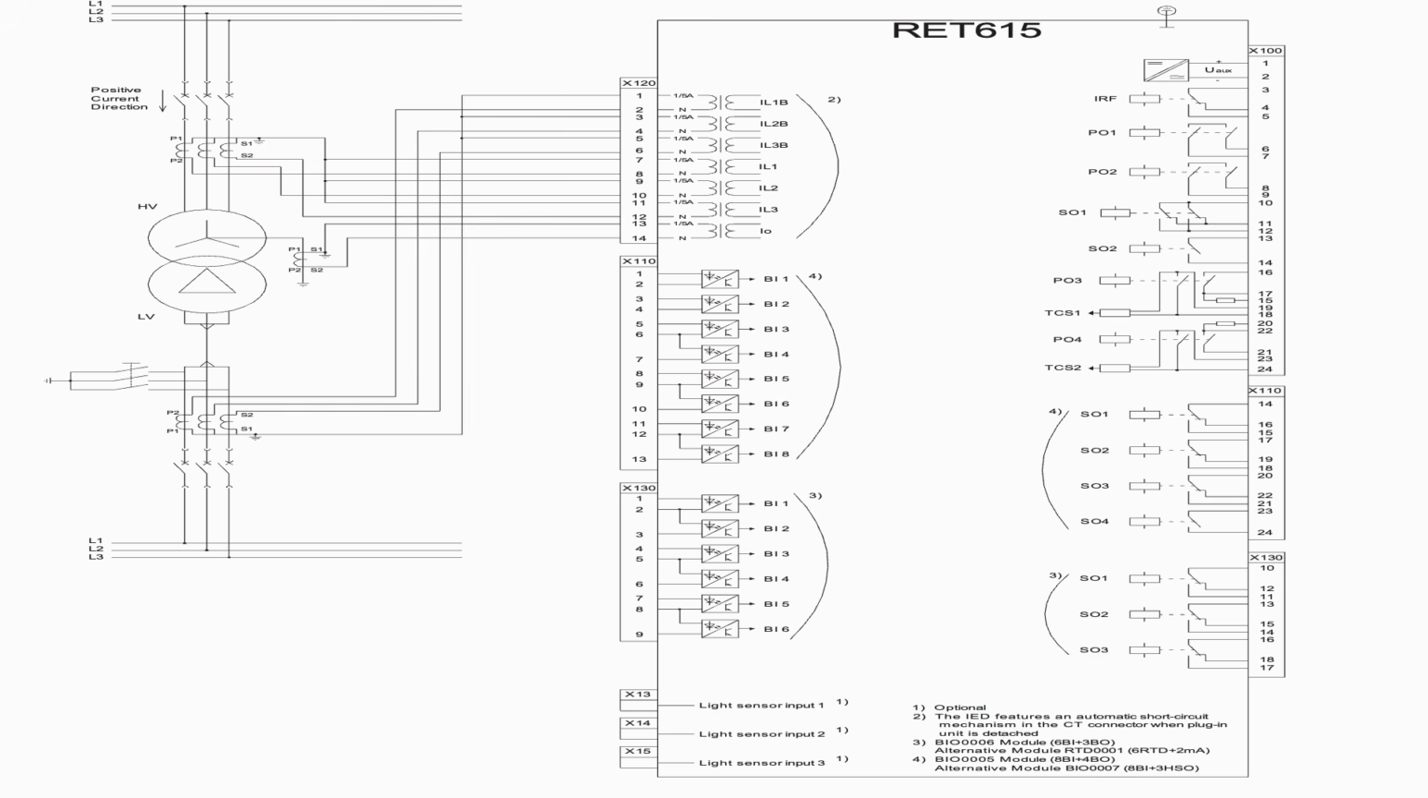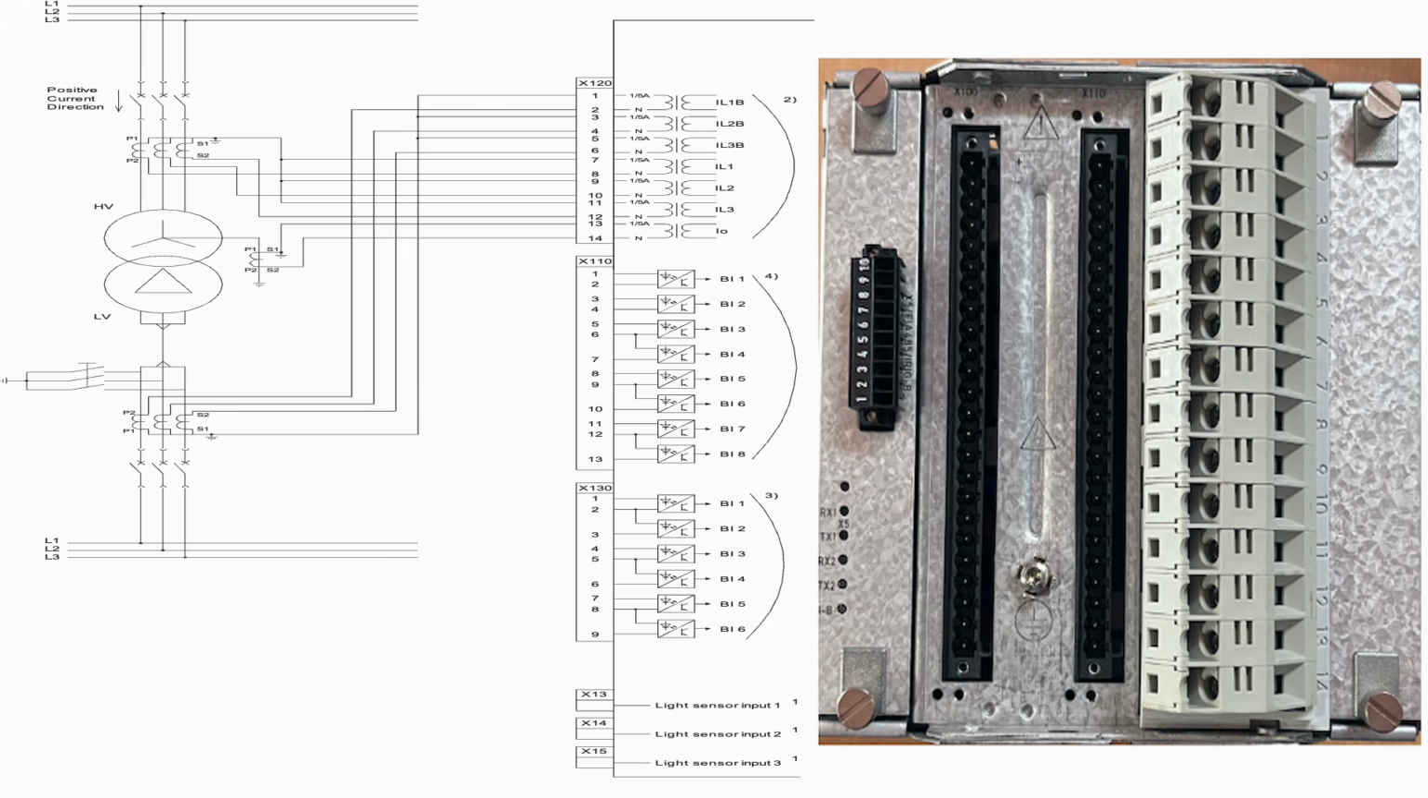This is the basic wiring diagram of RET 615. So don't worry about it. We will try to understand and learn each and every element here. So the first element we will discuss is the CT connection here. Okay, this is a CT connection. You can see this is the X120 card, and here you can see the numbers 1, 2, 3